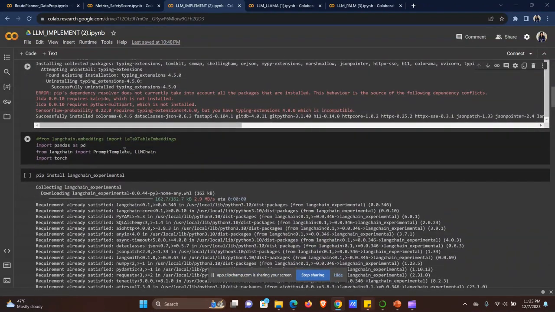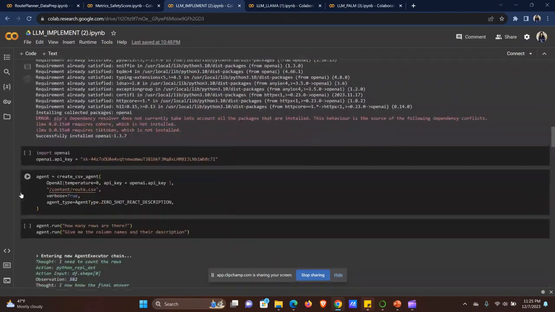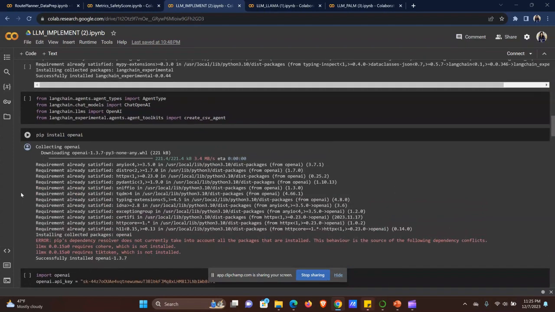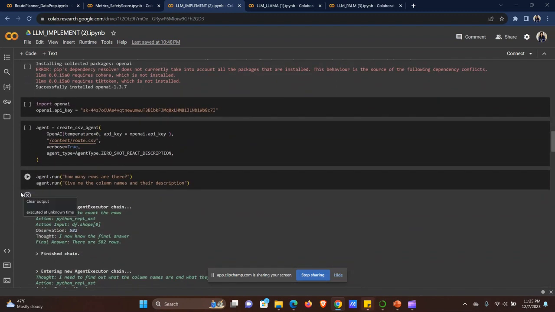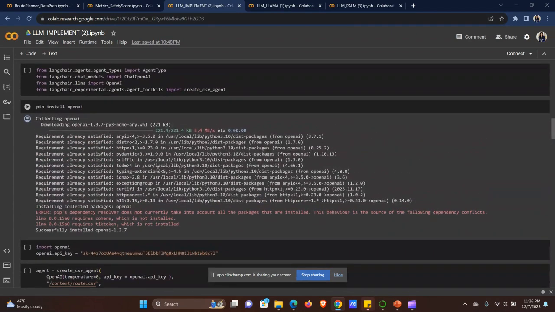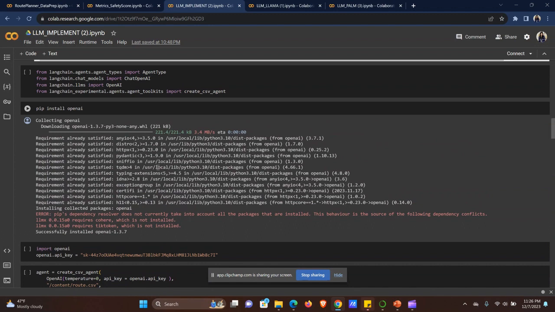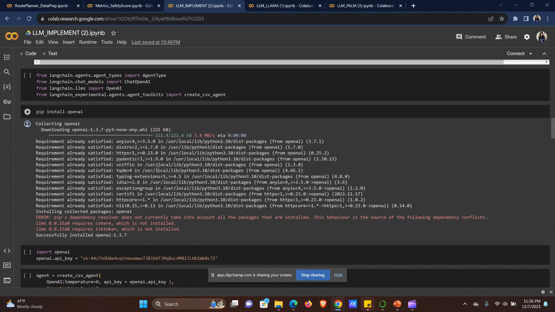Next, we have imported various classes and functions from the LangChain library and its submodules, like prompt template, LLM chain, chat OpenAI, and create CSV agent. These are used for creating and configuring language model agents, defining their types, and integrating them with external tools like CSV files. Now, pip install openai basically installs the OpenAI Python package, which is used to interact